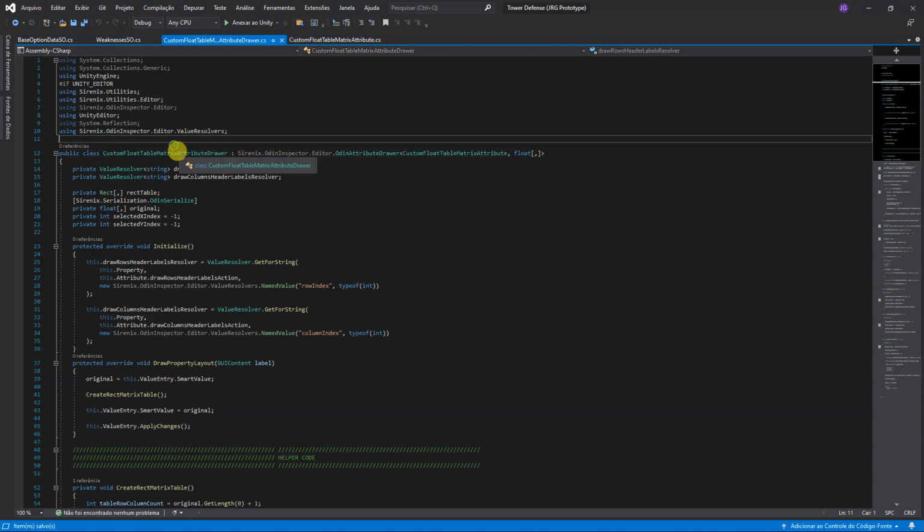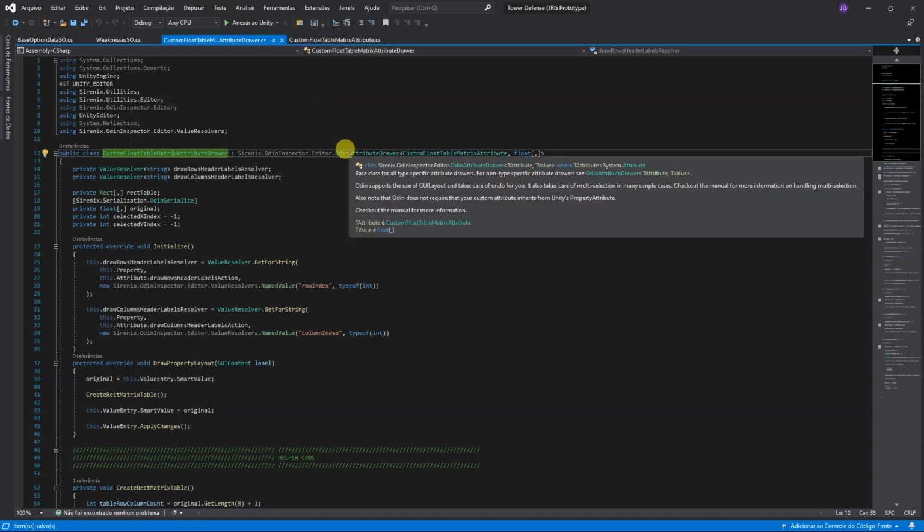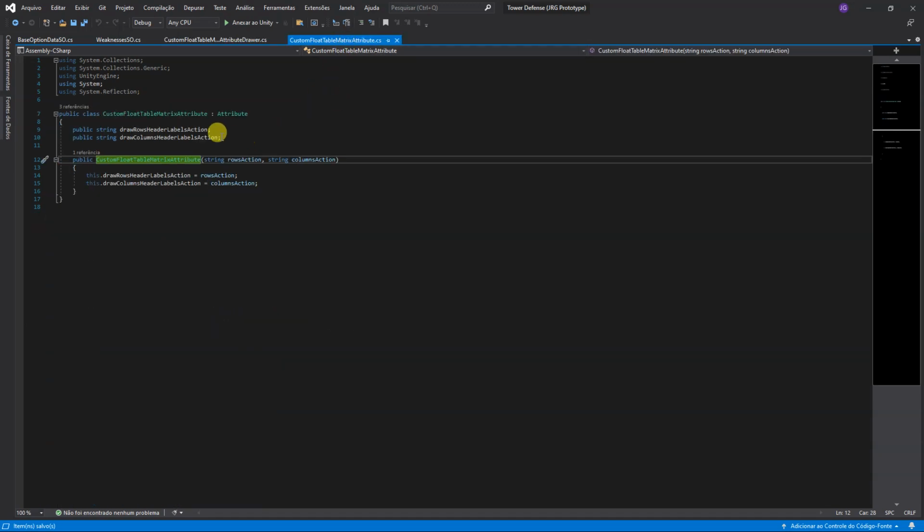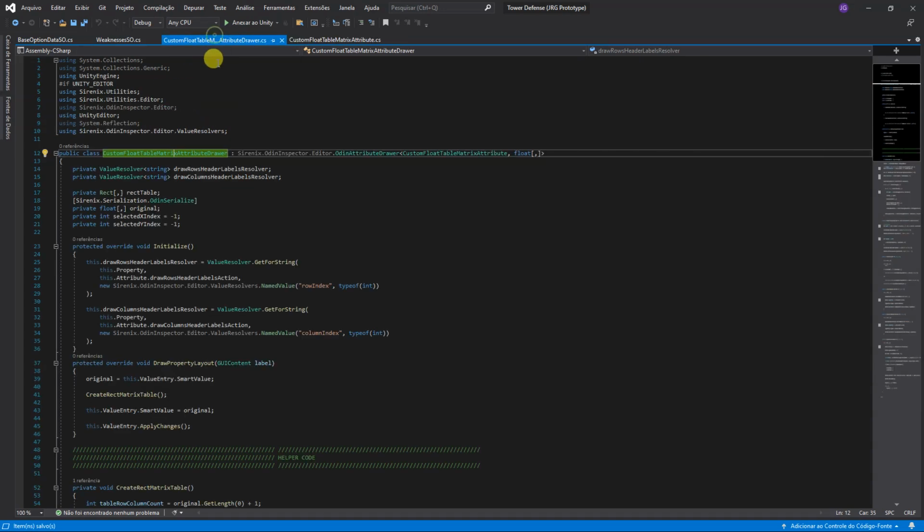So this is the custom attribute drawer for the float matrix. It is only used for float matrices. This is the custom attribute being used as an attribute by Odin. I need to have this step, I think. I don't remember. I created this attribute drawer a few months ago. So